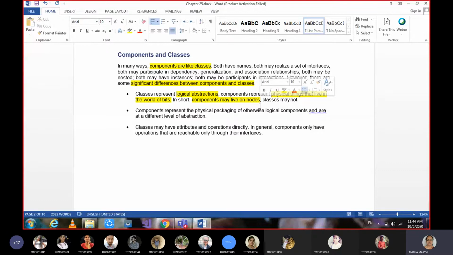It has to be kept on a compatible device, where you have the slot for that pen drive. Then only you can view or listen to what the logical components are there. So that's why components live on nodes. They depend on some physical device to which they are compatible, whereas classes themselves are logical. They live within the system.